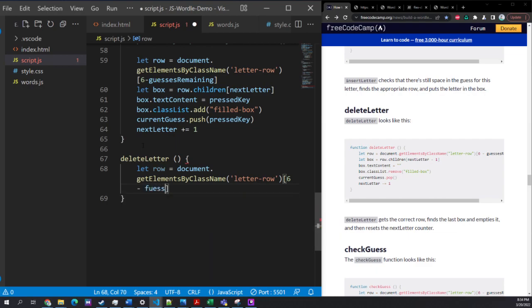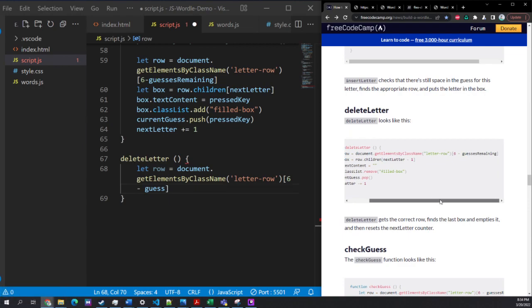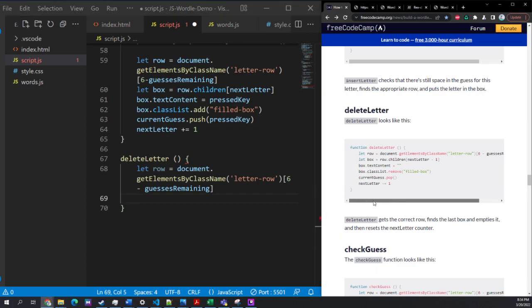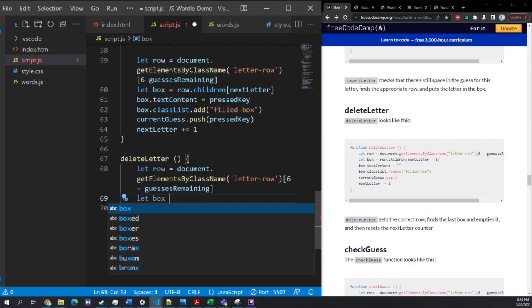Anyway, so we're going to say 6 minus, that's right. We're going to say 6 minus guesses remaining. And so that's going to tell us what row we're supposed to be on. And after that, we're going to also declare our box, which is, again, just the same as before. We're going to say box is